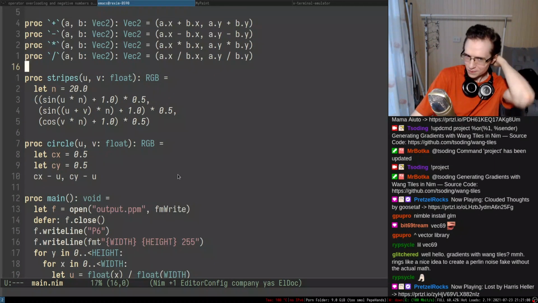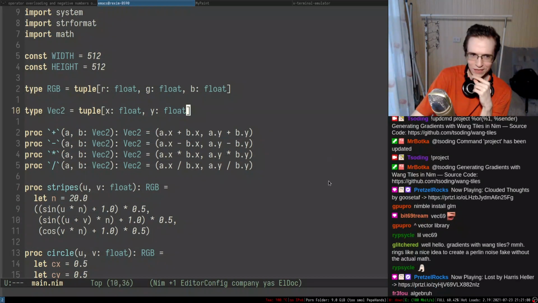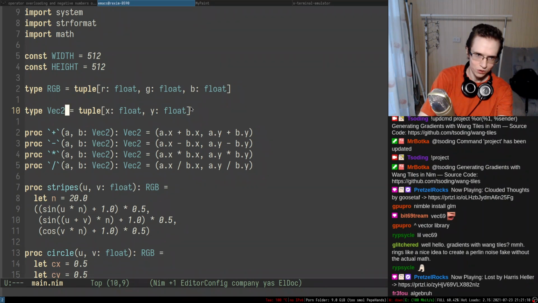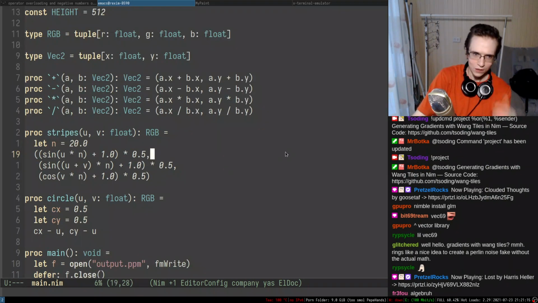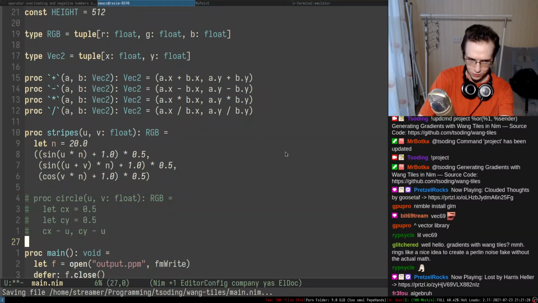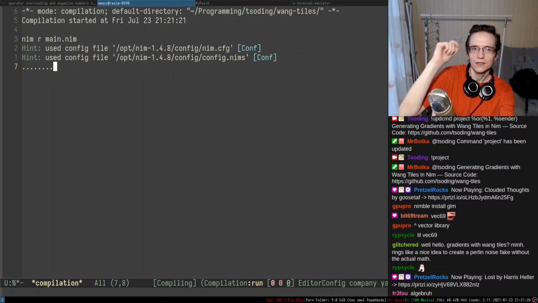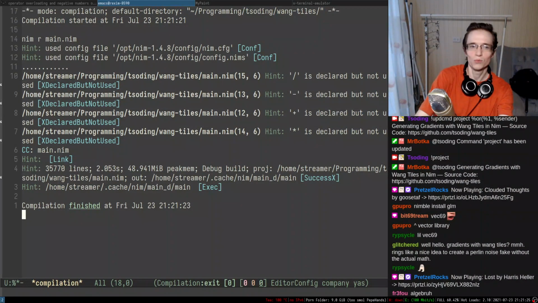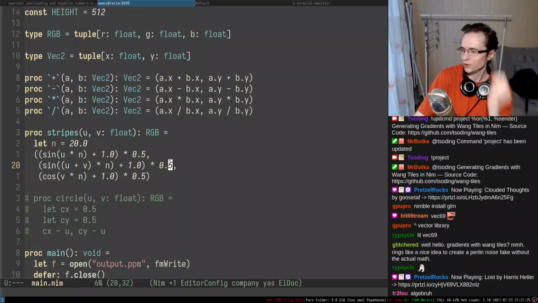Another interesting thing: as far as I know, you can also have generics in here, and maybe with generics you can parameterize how many of these things you can have in here, but I'm not sure. So let me see if this compiles. I'm gonna comment out this thing, and what we're gonna have. Yeah, this works. You can basically overload these kind of things.